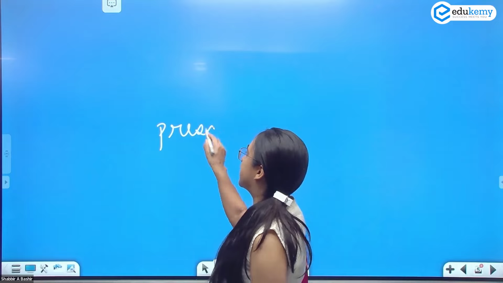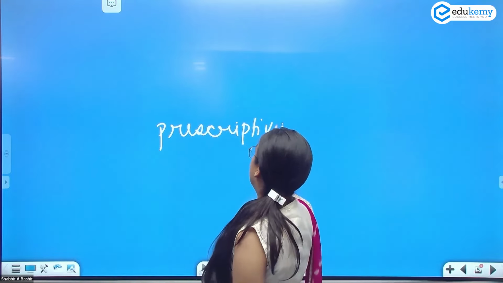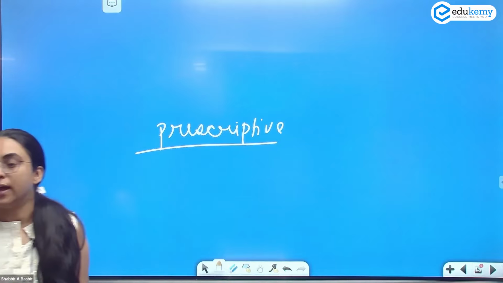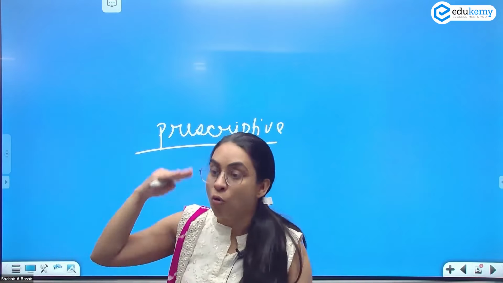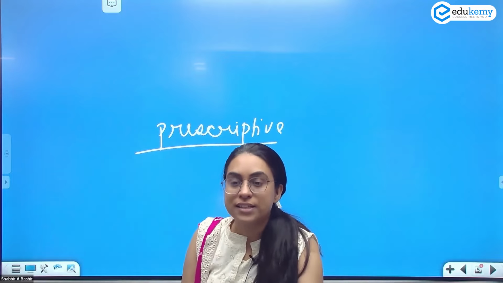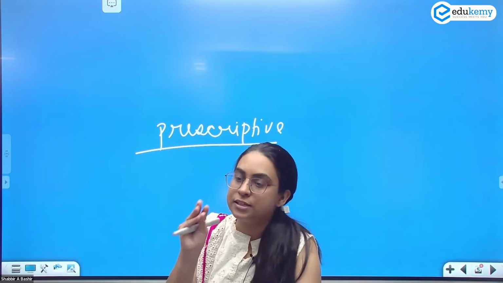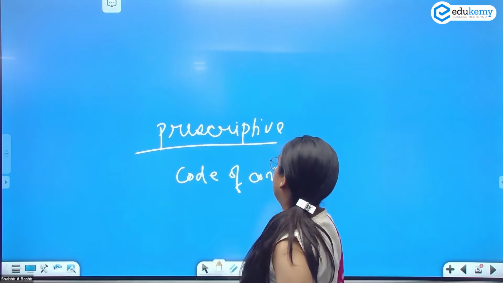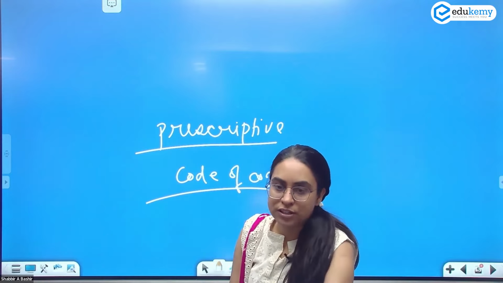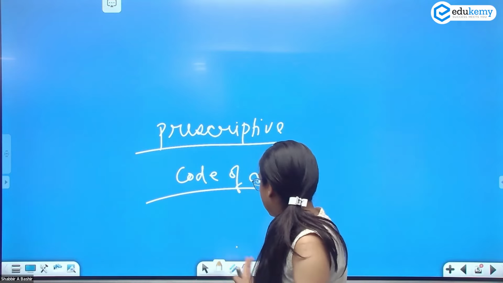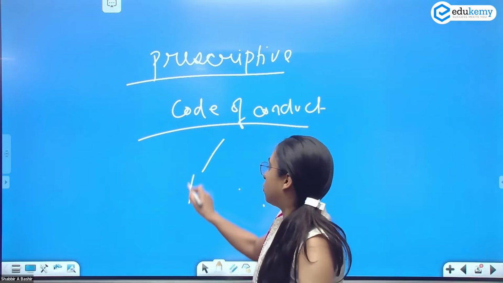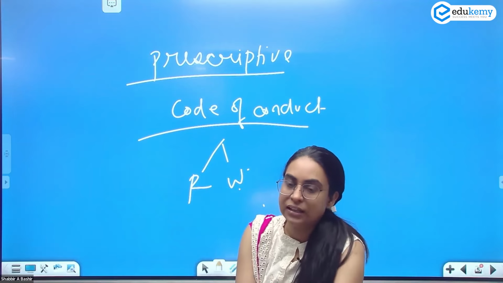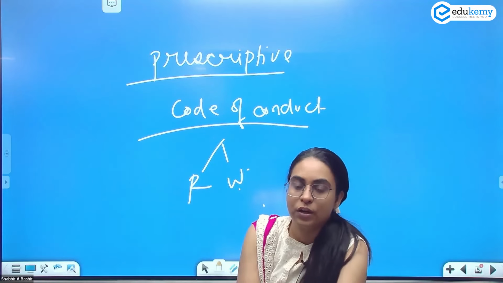You are prescribing something. एक होता है positive, जैसा है वैसा दिख रहा है. एक होता है normative, क्या होना चाहिए, what ought to be. What is ethics? It is a prescriptive code of conduct. क्या prescribe कर रहा है? It is prescribing whether an act is right or wrong. So it's a prescriptive code of conduct which tells us whether an act is right or wrong.